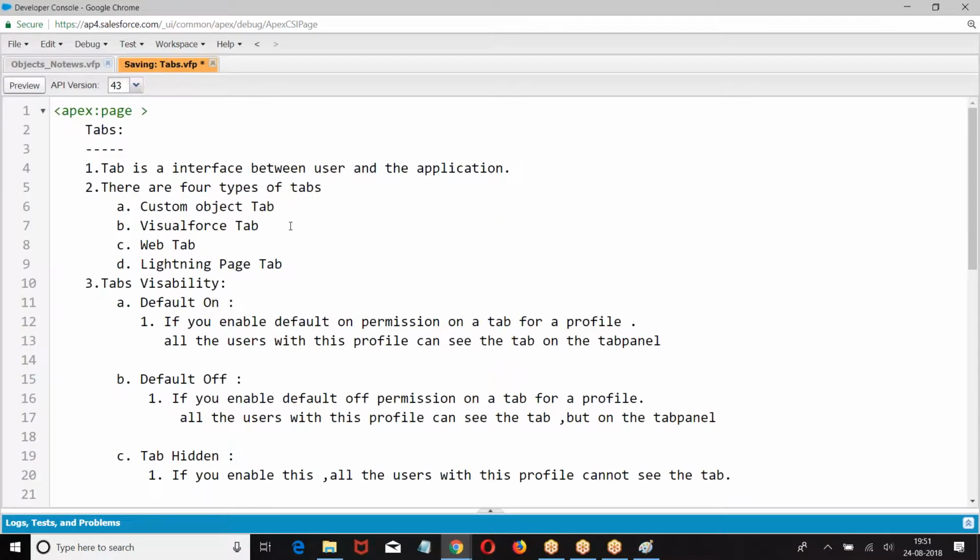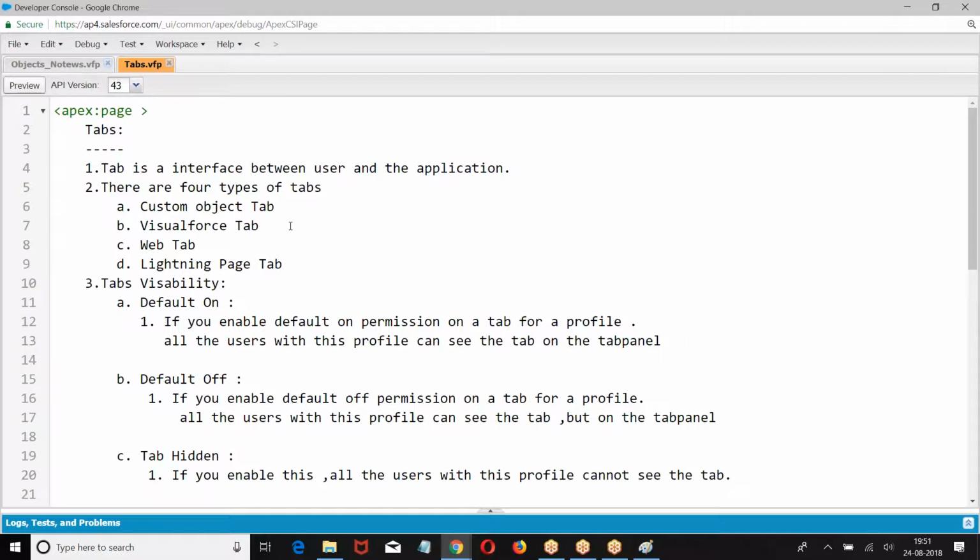Once you have created a tab, so we have an object, we have a tab, right? So any query as of now? Okay. Sir, yesterday for the object, there is a restriction, we can show it in Lightning or not. Do we have anything for the tab also here? No, nothing to do with that. Okay. Right. Can you show how to connect the object to an application?